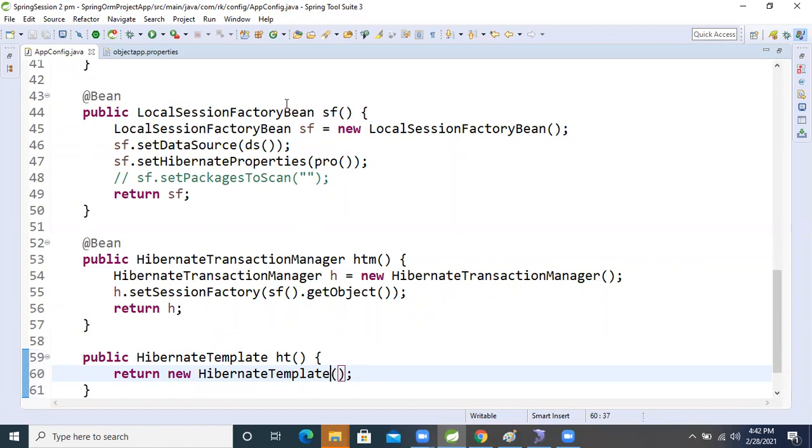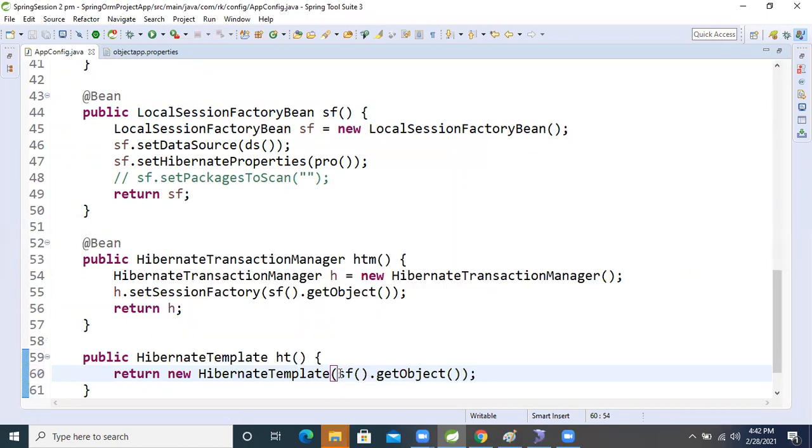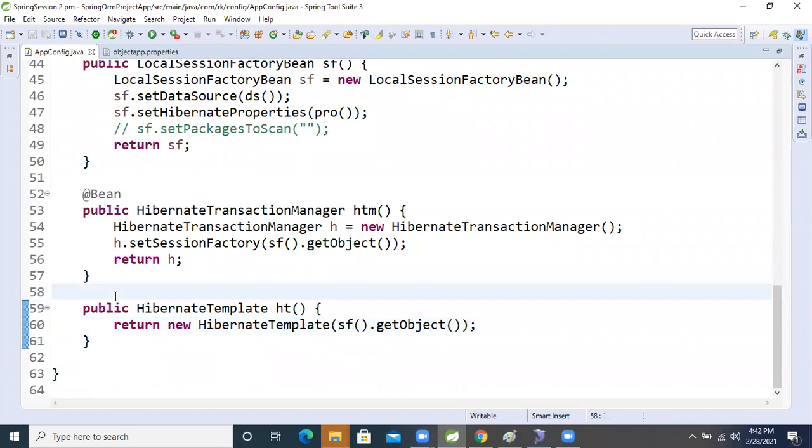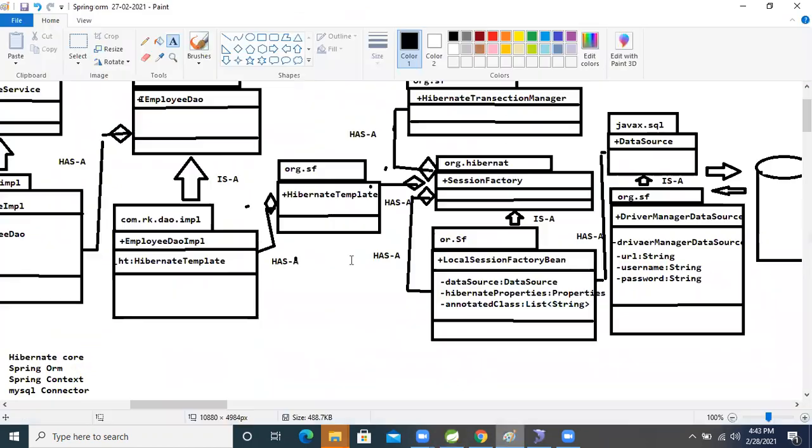It needs the local session factory, so we call dot get bean, which is a session factory. If we want to make this a bean, we apply the @Bean annotation. Till now the configuration we completed, right?